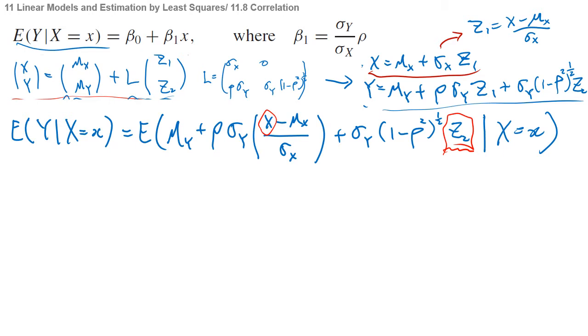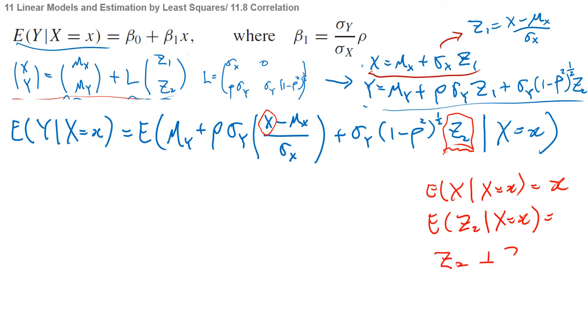since expected value of X given X is X, and also expected value of Z2 given X is, this is actually Z2 and X are independent. Why is it? Here Z1 and Z2 are independent, and X is a function of Z1. So X and Z2 are again independent, and since X and Z2 are independent, this is just expected value of Z2, which is 0. So when expected value goes inside, the second part goes away. This part is 0, and